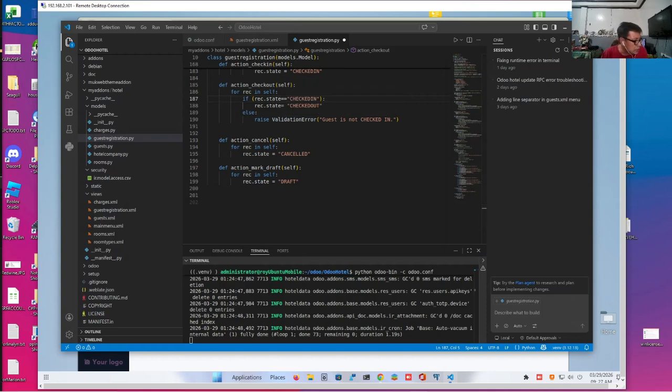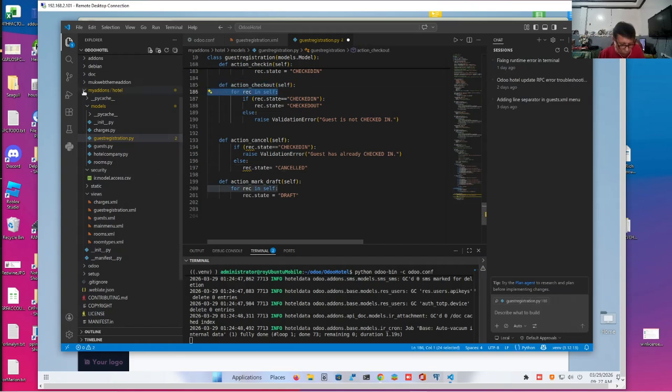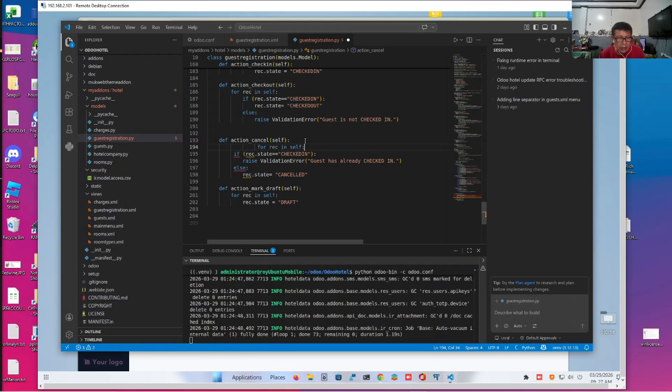How about for cancellation? Okay, we cannot cancel a guest who has already checked in. Okay, therefore we'll have to do that. Okay, we need a for loop. We missed that for loop. We copy this. That's why there's a squiggly and then the indentation error. Okay, we'll indent this properly. Okay, so we have all the checks.